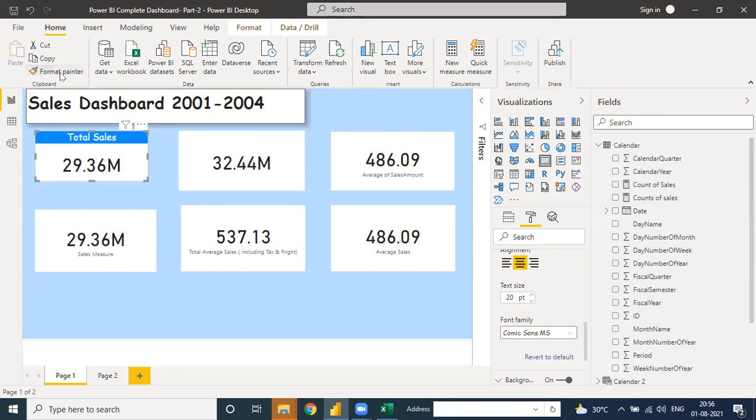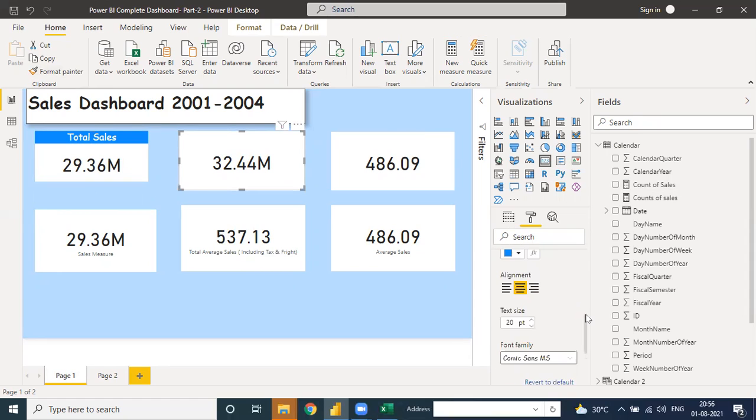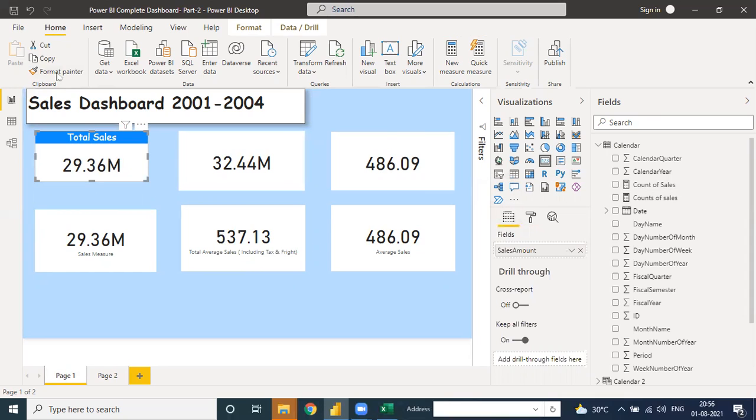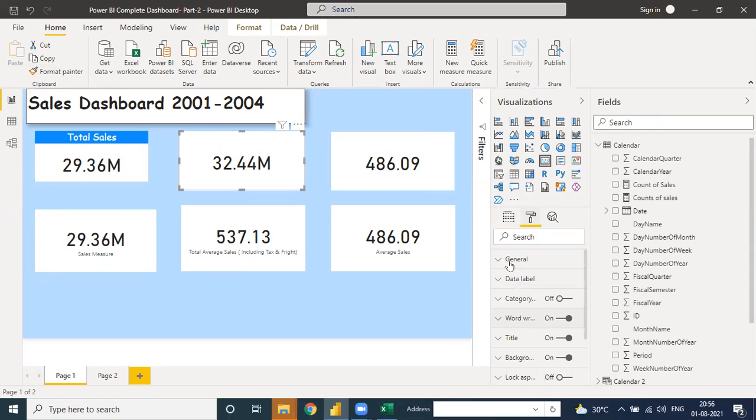This one, format, and this. Okay, only the name is changing. This one is not changing. Let me just make it back. This one, format, and this. Because it's not a total sales, that's why it will increase the total sales value.